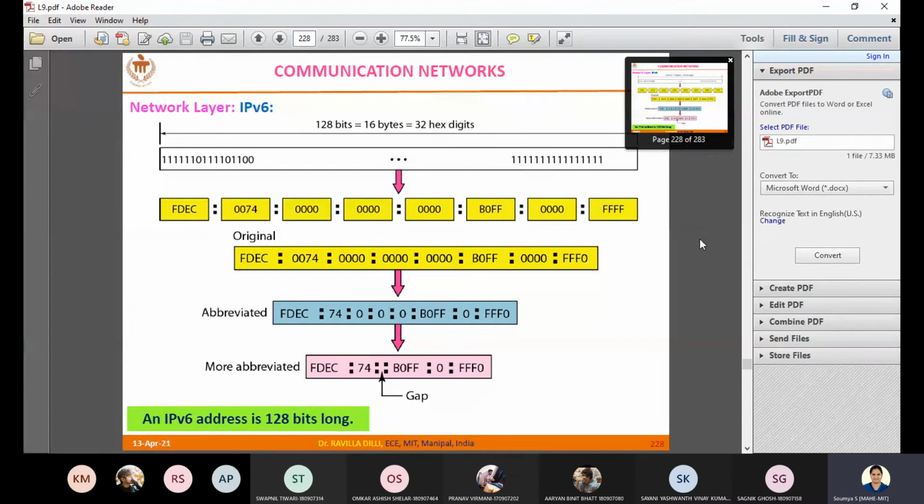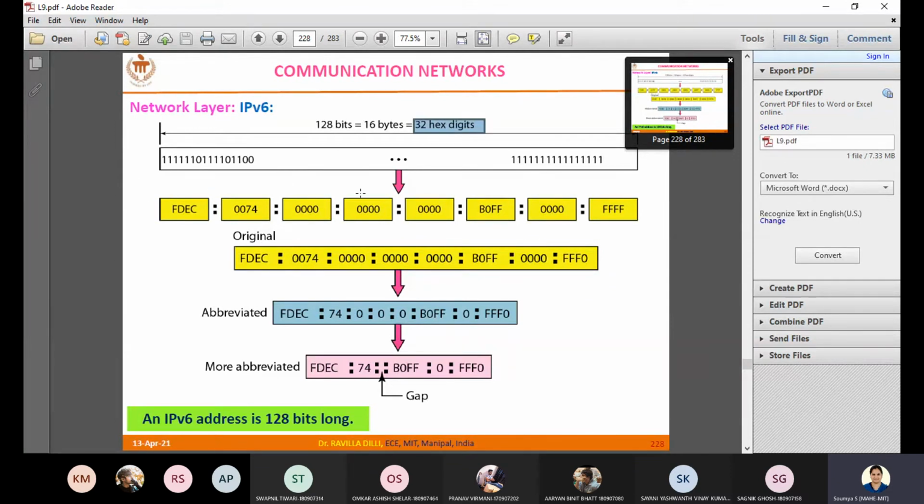that's all with IPv4. The next one is IPv6. IPv6 is much larger than IPv4, as in it is 128 bits long. IPv4 is 32 bits long, whereas IPv6 is 128 bits long. Okay. The 128 bits, how are they written? They are written as 16 bytes. Okay, or 32 hexadecimal digits, hex digits.